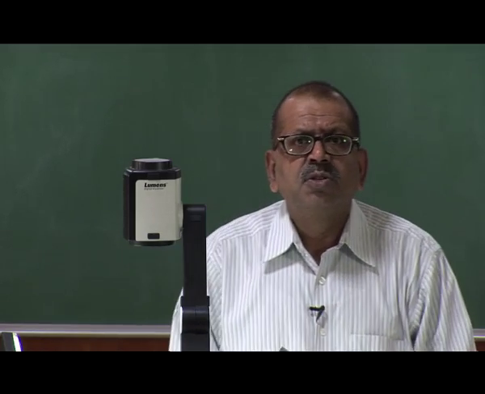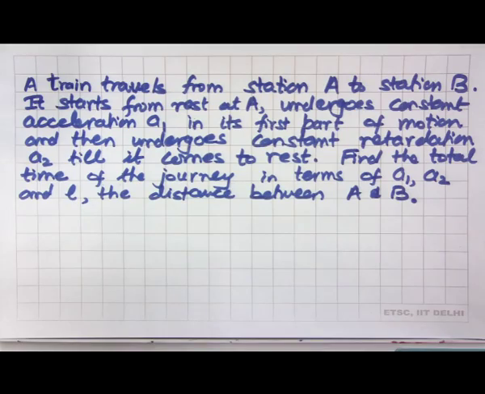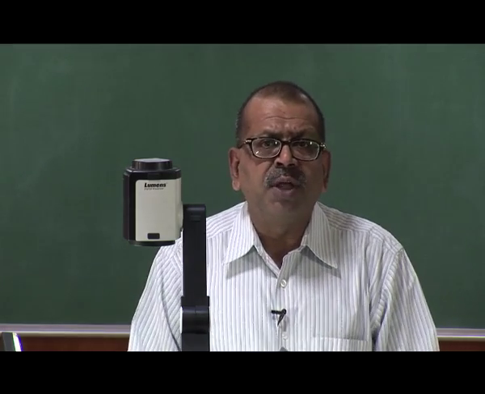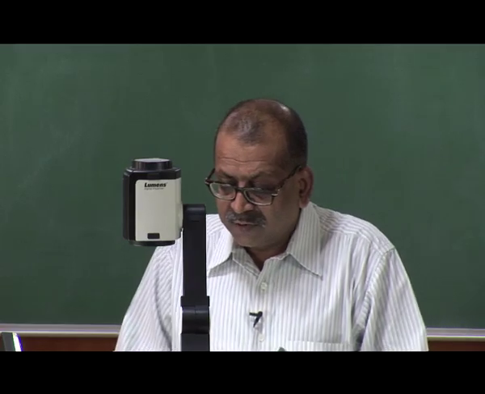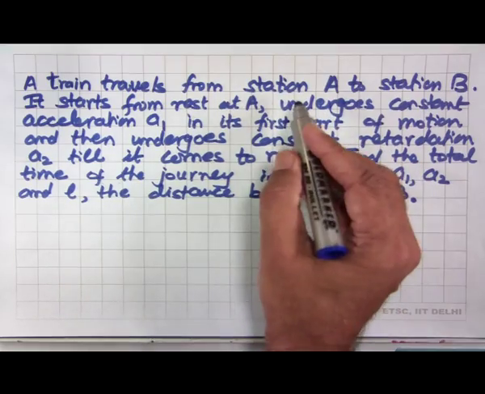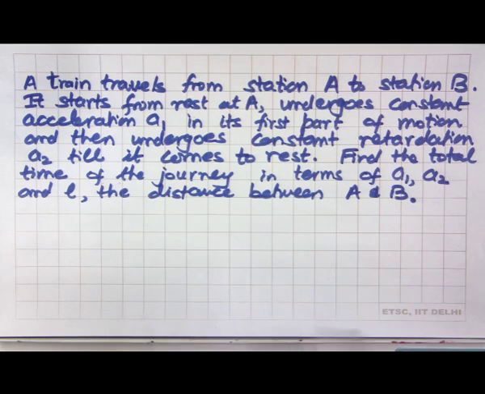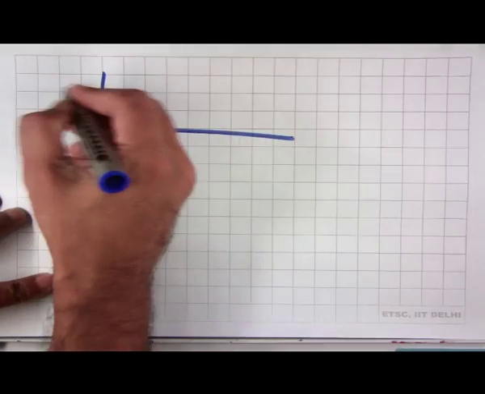Let us now solve this problem using a graphical approach. In a graphical approach, given the variables which are given to us, we try to plot them and then see if we can find the quantities of interest. So, in this problem it is given to us that the train travels and its acceleration is given during the duration of its journey. So, if I look at the acceleration and plot it as a function of time,